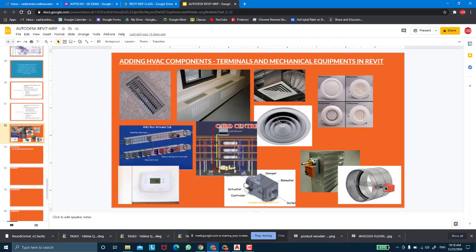So exhaust diffusers are generally in the pantries, kitchen areas or restrooms, and the supply and return diffusers are generally in the main rooms. Supply diffusers provide fresh air into the room, and the return diffuser sucks the CO2, meaning all the heat, from the room. That's how the cycle of fresh air continues in the entire room. Now, in order to work with this cycle, how this